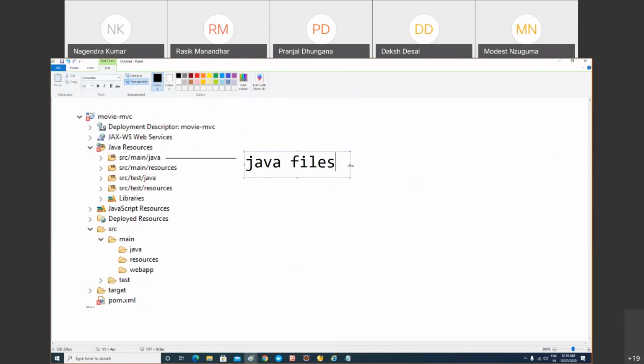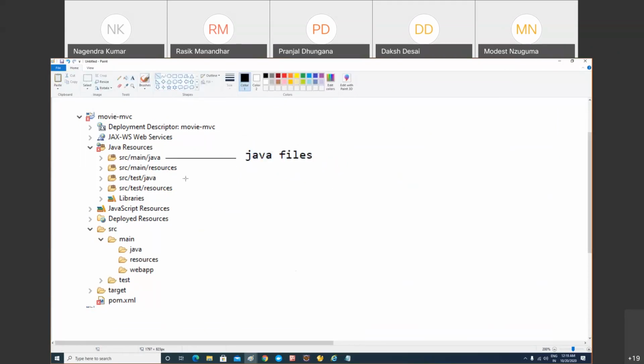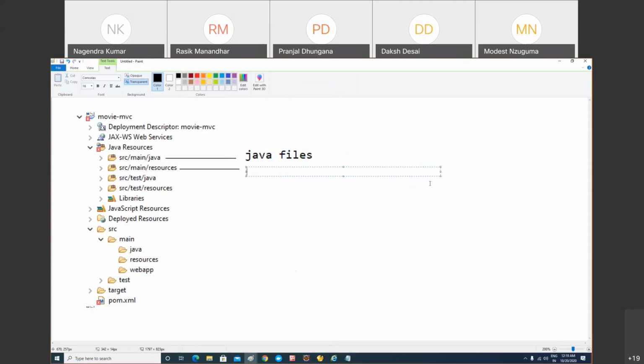What files? Java files. So guys, as per the Maven convention, if you have any Java file, you should keep it in src/main/java. If you have any file like an XML file, property file, config file, or YAML file,